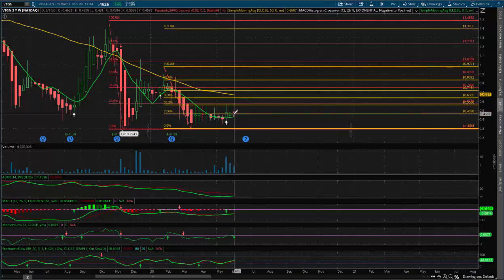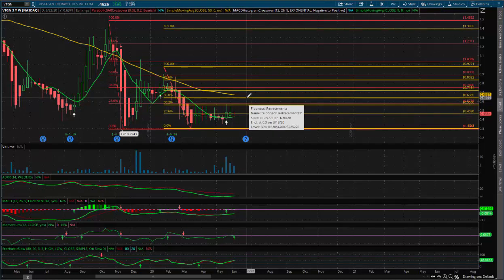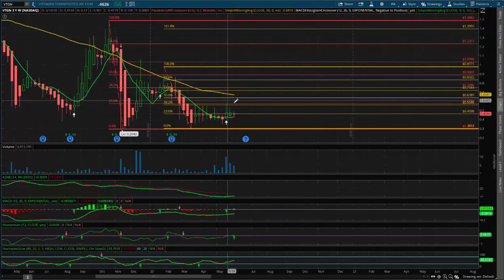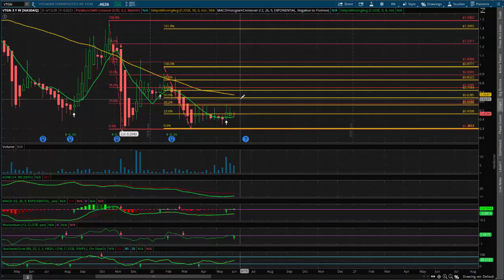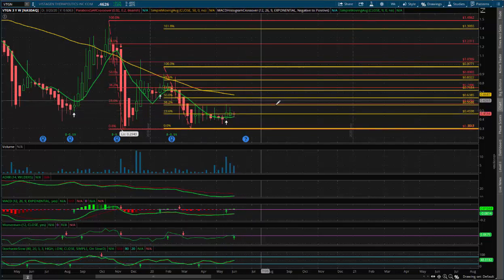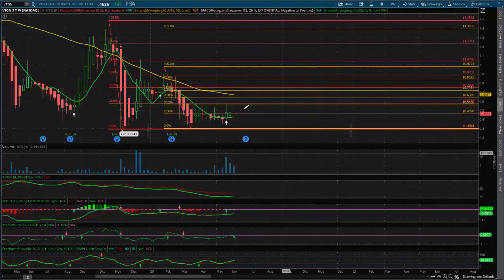So my guess is we'll see very soon a nice push up. We'll get rejected here. We'll have to consolidate and rebuild and try and push again. So in the short term, I'd be looking for something in the 63-cent range to sell and take my profit there. But in the long term, as long as it can build up and bounce and keep gaining momentum on the weekly, week after week, you could possibly start seeing these gains